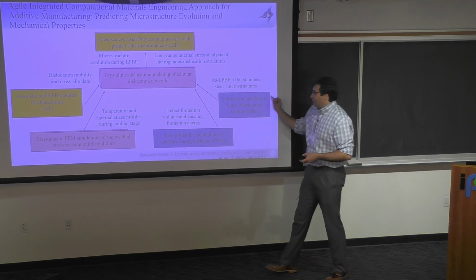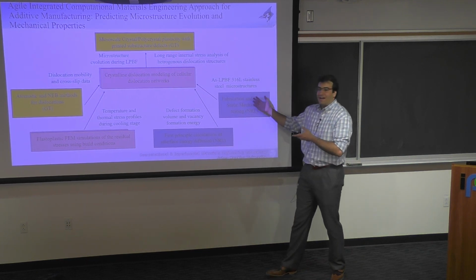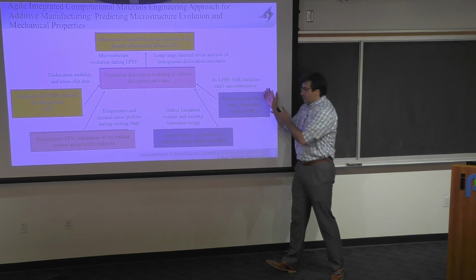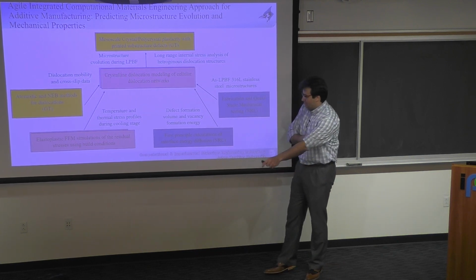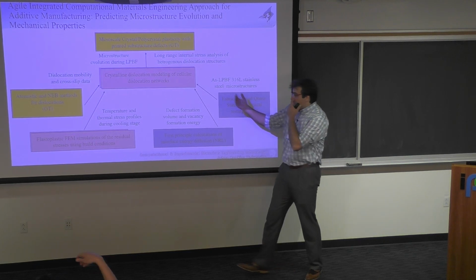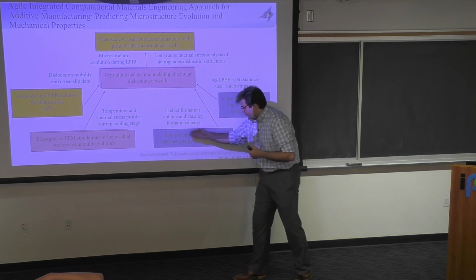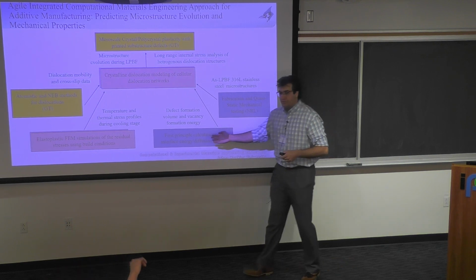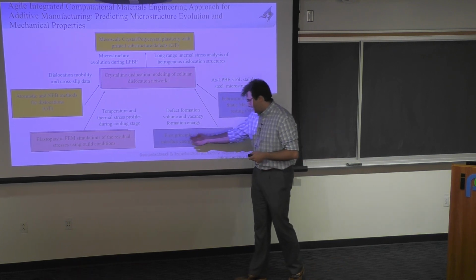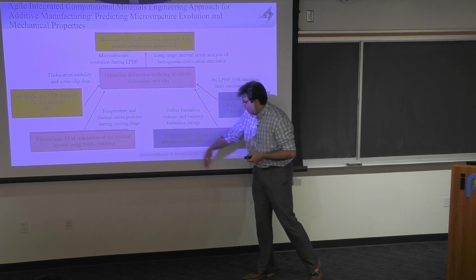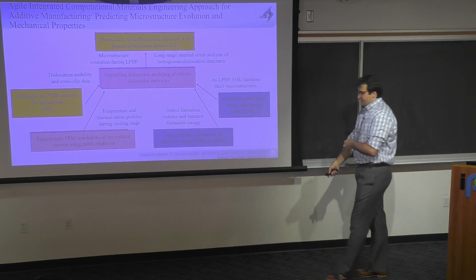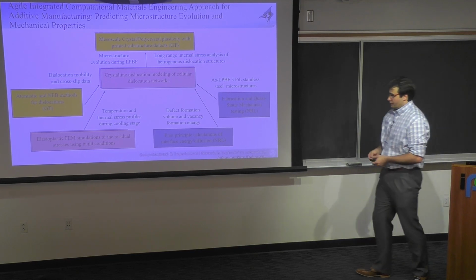We need information from the experiments about how they're actually fabricating this. We need the energies associated with the lasers and so on and so forth, so we get that from our experimental collaborators. But in addition, there's a lot of information that is needed from the DFT calculations related to the diffusion of the elements, related to the interfacial energies and so on and so forth, to calculate these defect formation volumes and the vacancy formation energies and so on and so forth.